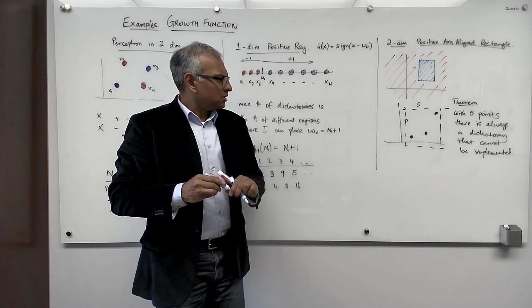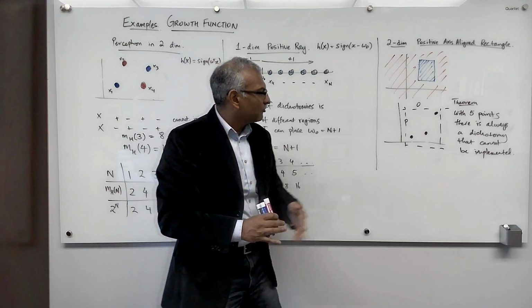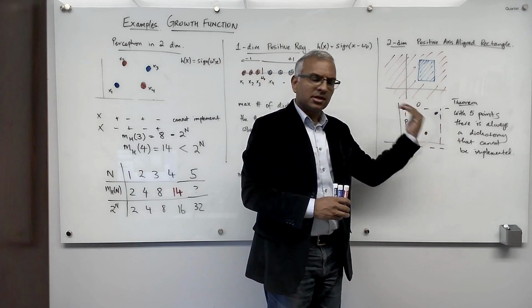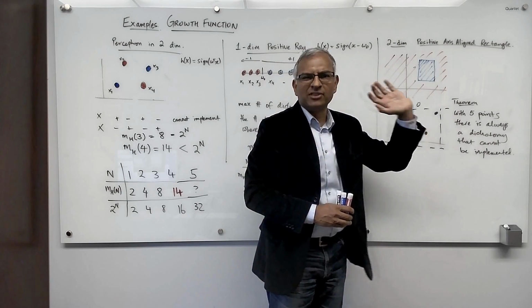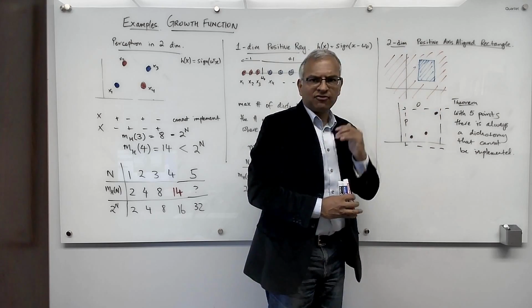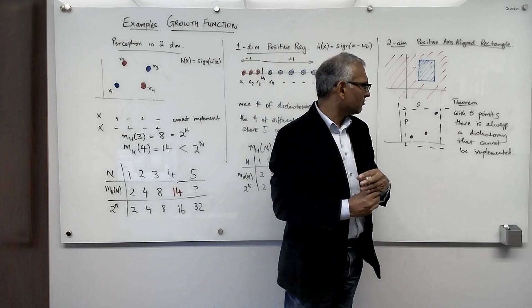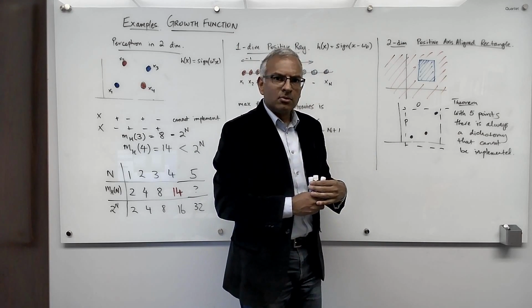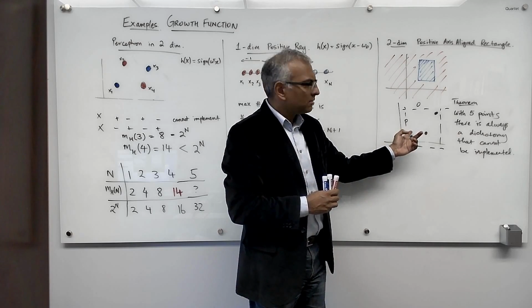Okay. Now, the specific dichotomy that cannot be implemented depends on the 5 points, but what I know for sure is that with 5 points, there is always a dichotomy that cannot be implemented. Now, I'm going to ask you to go and formally prove that, on your own time. Take it for granted from me, and maybe we'll assign it as an exercise for the homework. Okay. So, that tells me that,